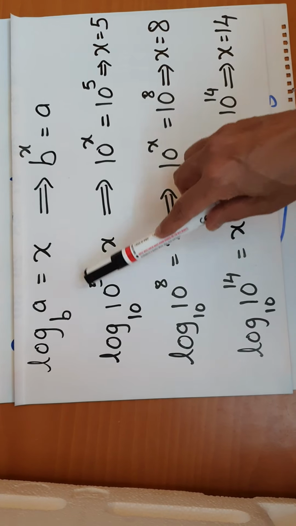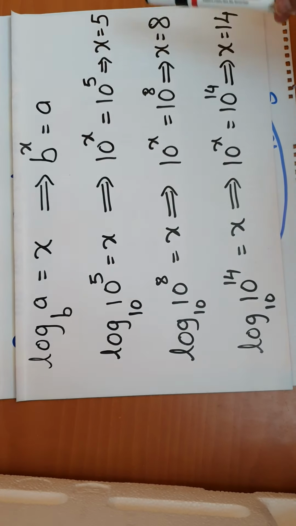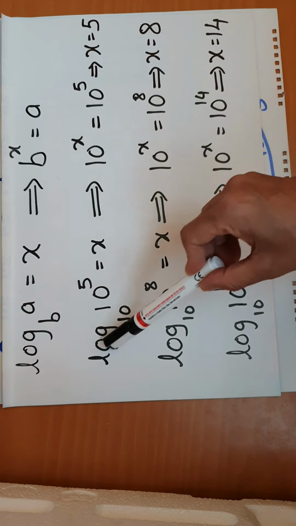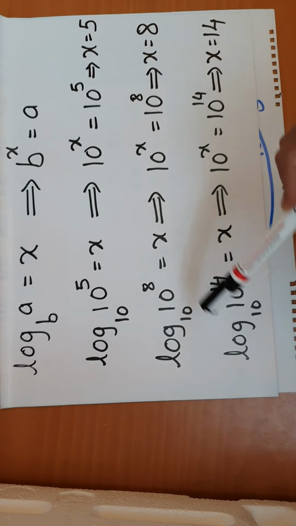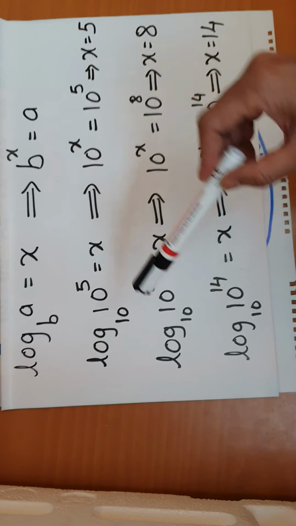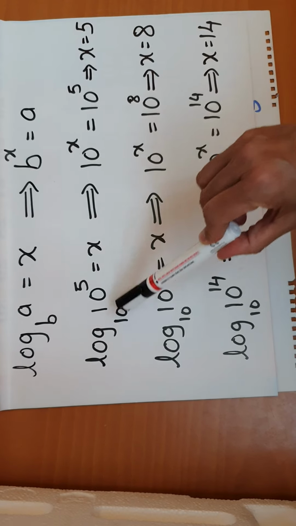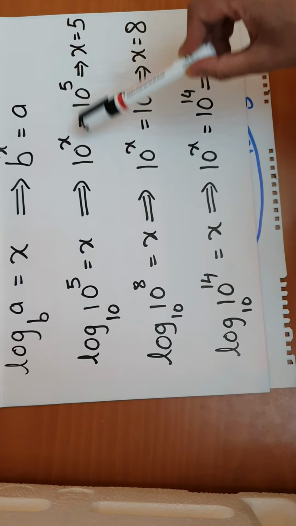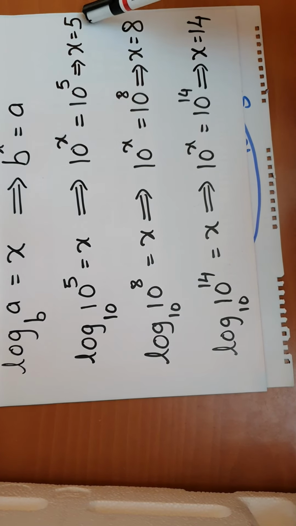Now take the number 10 raised to 5. It's a huge number. We want to reduce it to a smaller number, so we can represent it on the number line. So take log of 10 raised to 5 to the base 10. Let it be x. This means that 10 raised to power x equal to 10 raised to 5. When I compare the two sides, I get x equal to 5.